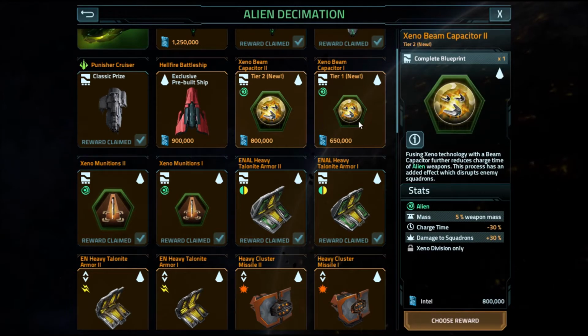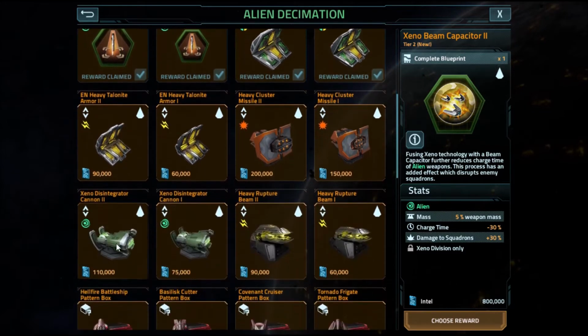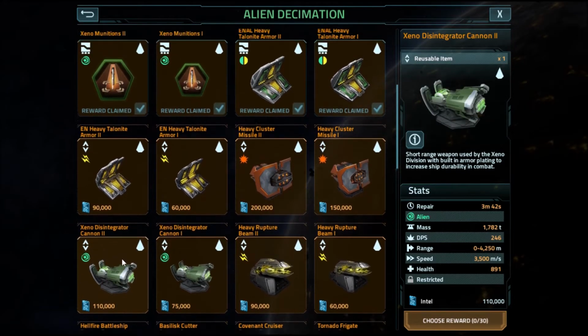But yeah, going into the Xeno Beam Capacitor. So the dumb thing about this is this damage to squadrons. One, this is a beam. It's kind of meant to be used towards beam. There's really no bonuses that are going to help you out with your Xeno Disintegrator, if it's anything like the other,